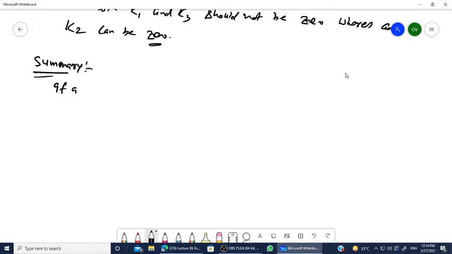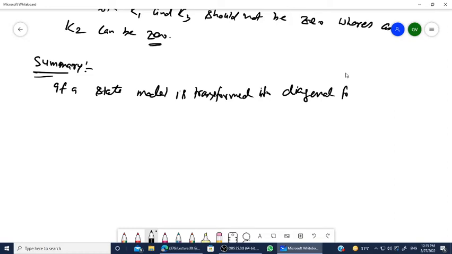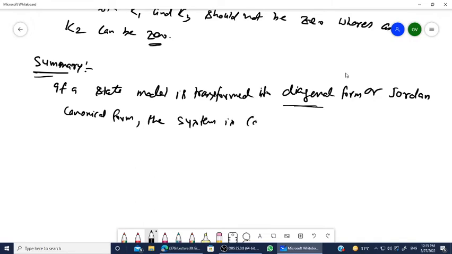You can say if a state model is transformed into diagonal form. First case, the diagonal form. You have to first convert to the diagonal form or the Jordan canonical form. If the eigenvalue is repeated, then you have to convert it into Jordan canonical form. And if the root is not repeated, then your system is converted into the diagonal canonical form only. Okay, so you can say the transformed system is completely observable,